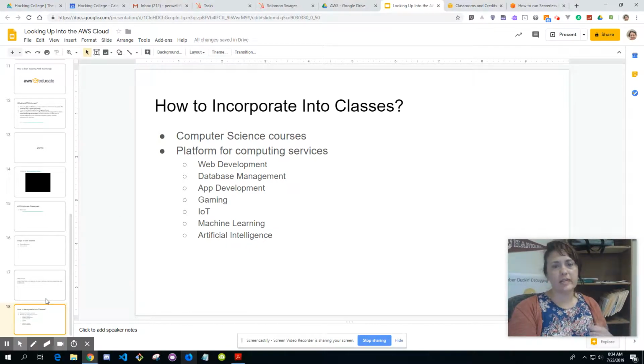So then we talk about how to incorporate this into classes. If you have computer science classes, this is a great way to build some content in it. You can also use the platform for computing services. If you have a CS class that's web development, database management, app development, gaming, IoT, machine learning, AI, whatever, an after school program, after school activity, or just something that gets to their interest. Sometimes in my experience, they get really excited when something interests them. If something's too big or too vague, or they don't understand how they can apply it to something they really enjoy, the interest isn't there. But once you find that connection and they find that spark, as I say with my Girls Who Code, that